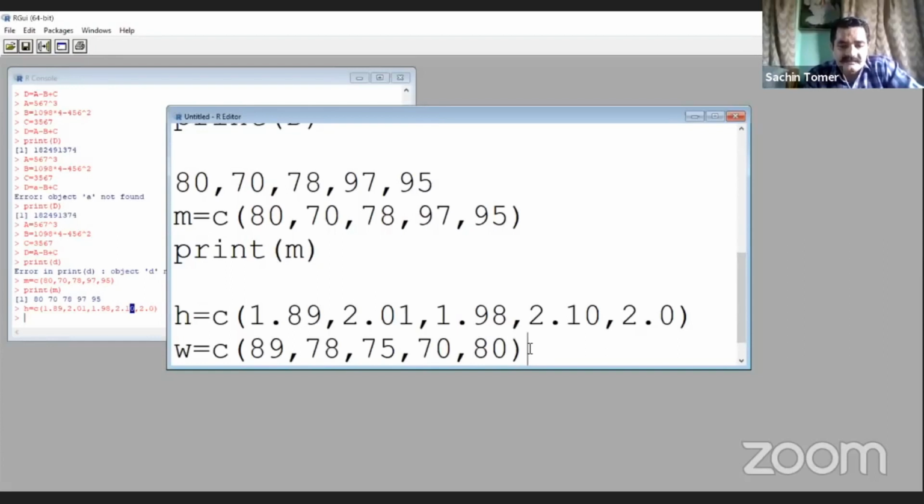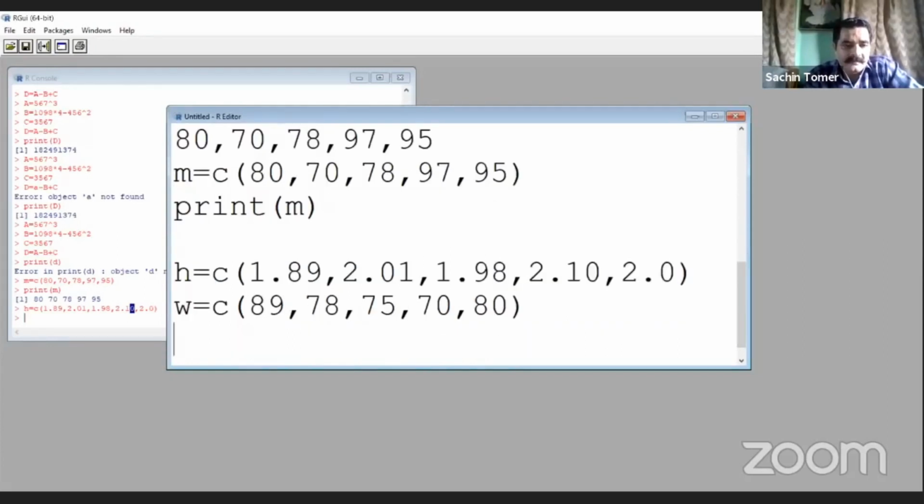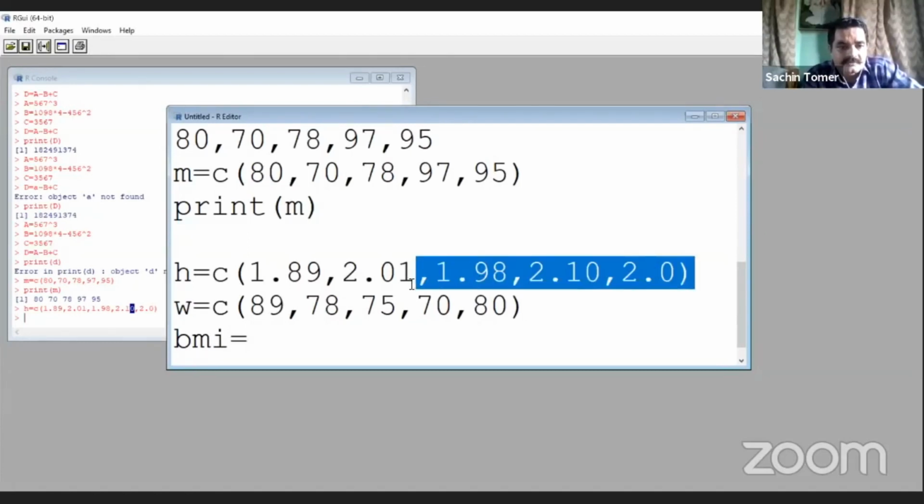For getting the BMI, there is a formula: BMI is weight upon height squared. So I am writing here BMI is equal to weight.